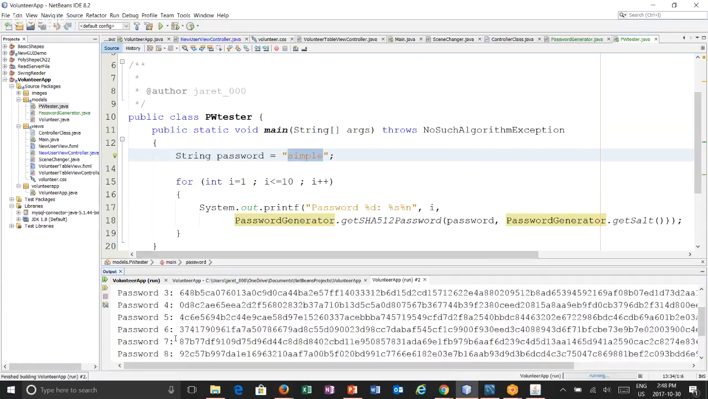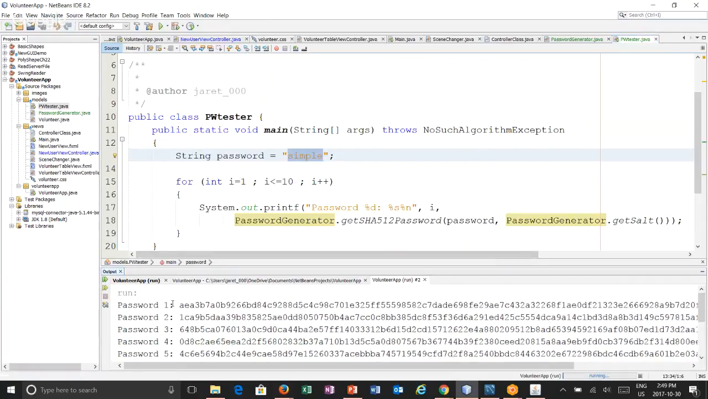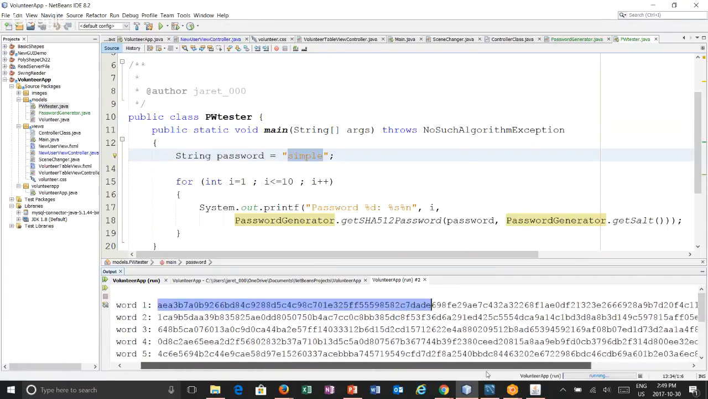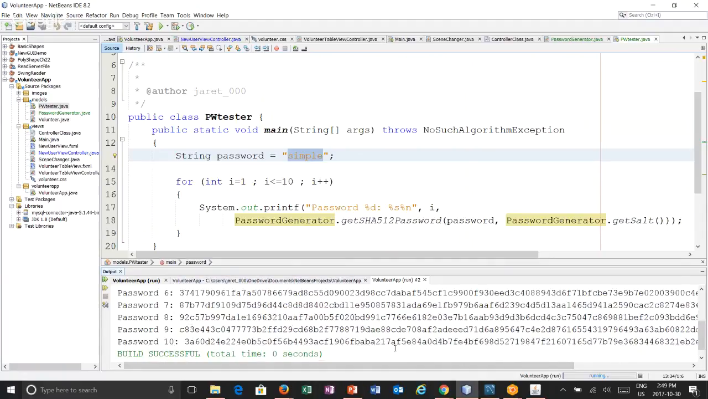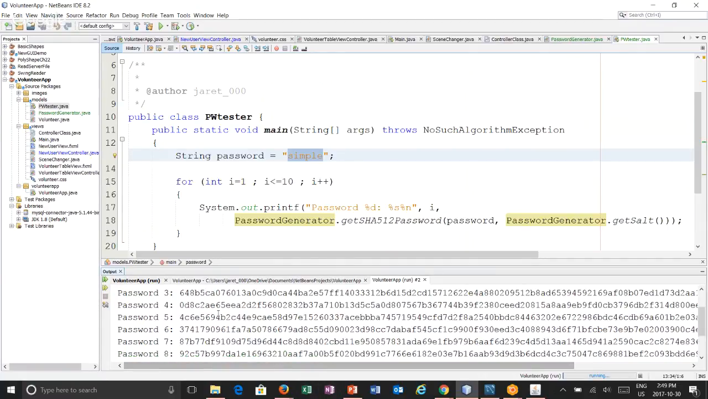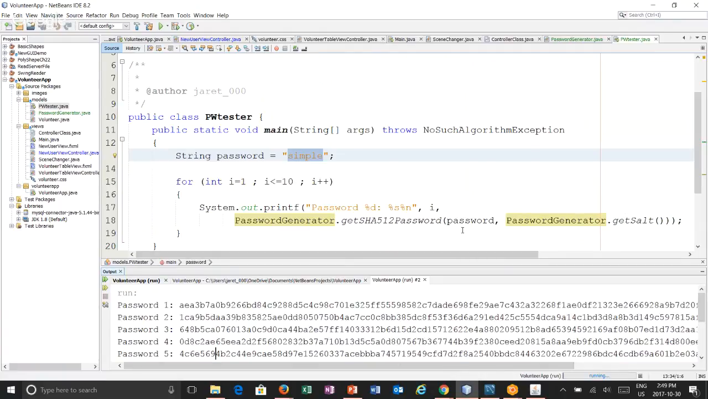So there we go. So if we look, the same password, the word simple, with one salt is translated into that great big long string of characters. And then with a different salt, it's different. And you'll see each of these is always going to be different. And then similarly, I can never convert this back to the password, but given the password and the salt, I should be able to recreate the exact same